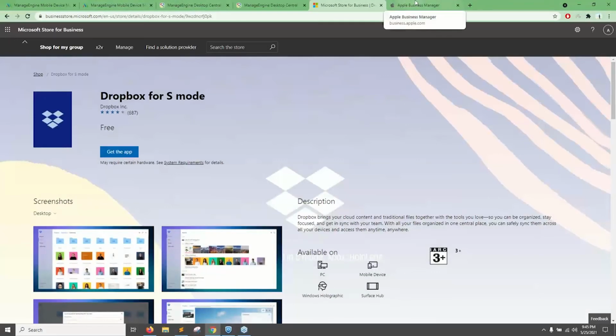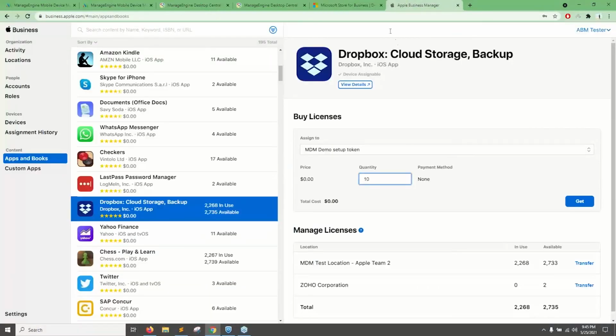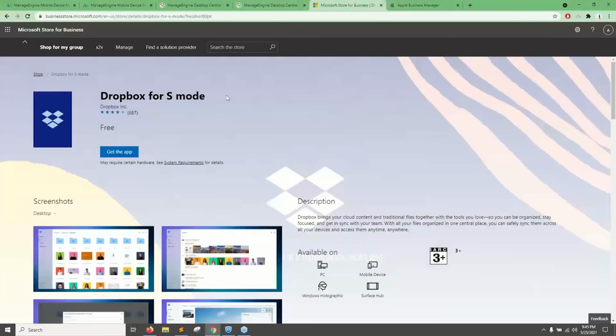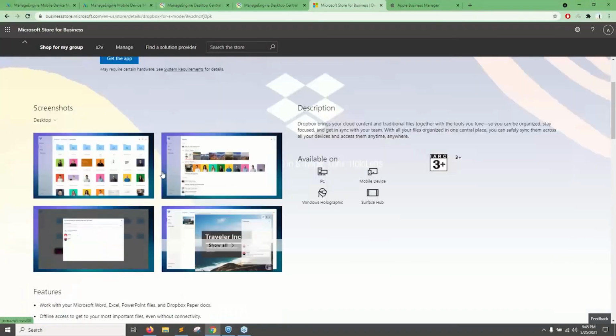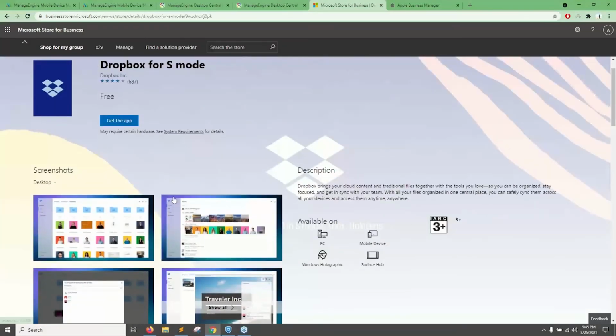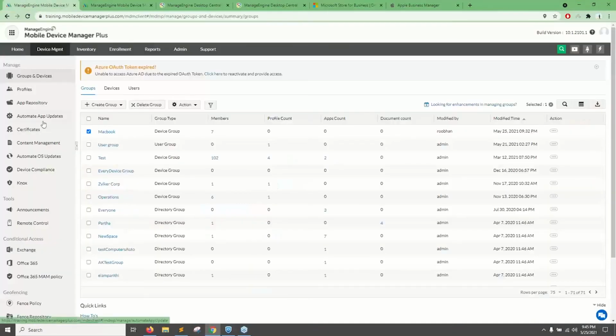So the thing is, when it comes to MacBook and Windows laptops, if you would like to distribute store applications, you have to use the appropriate store portals, either the Apple Business Manager portal or the Windows Business Store portal. You approve the application from these portals so that it gets added to the repository under your MDM account,